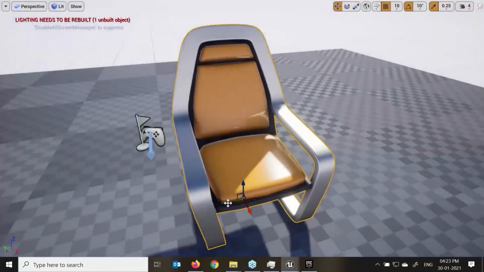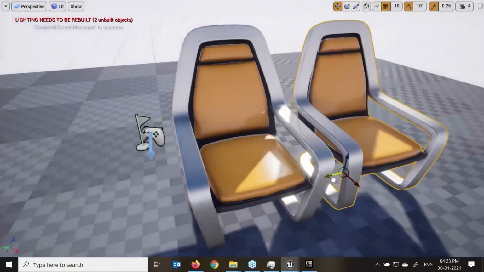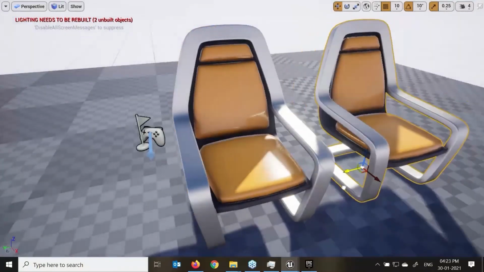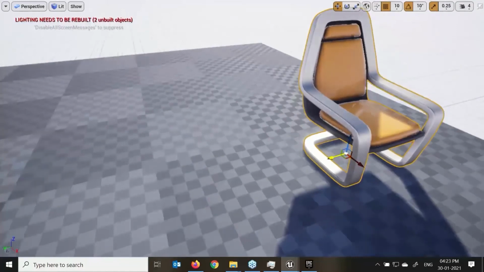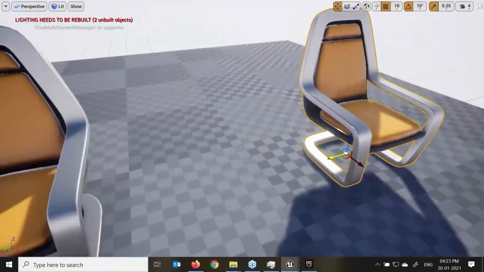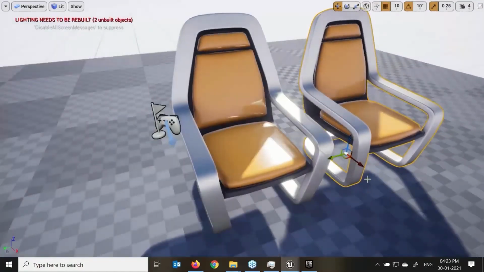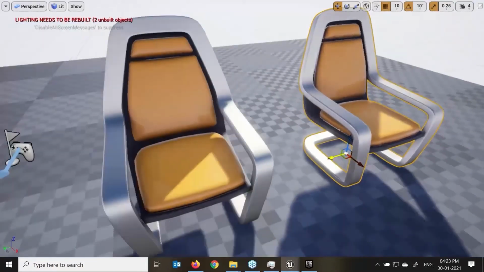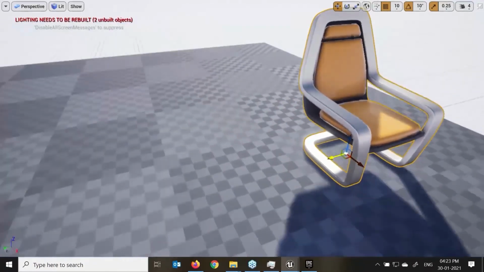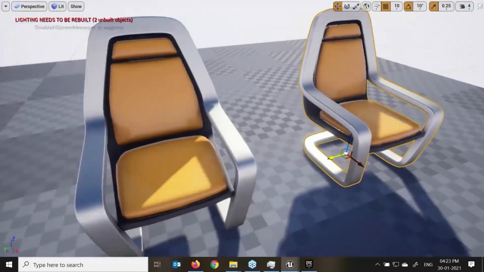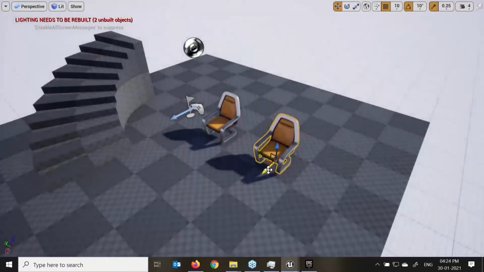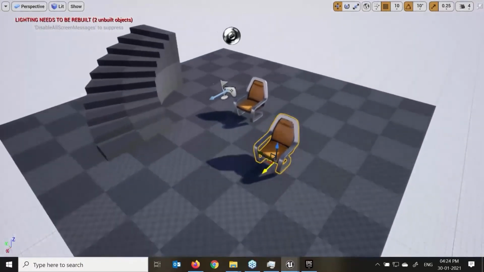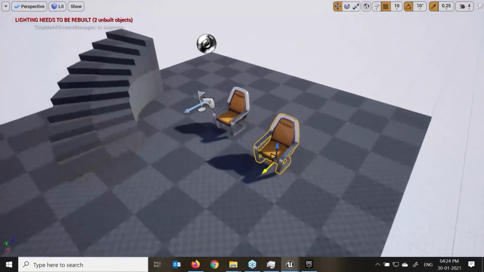Now, if I press Alt and drag it, see here you can see I'm making a duplicate. But if I hold Shift and move my mouse, sorry, my object, my camera is moving. This we call the lock selected object. Shift and drag that object, so the camera moves with the selected object. Whatever object I have selected, it's moving. Again, shift and move. Here we can see this is moving.